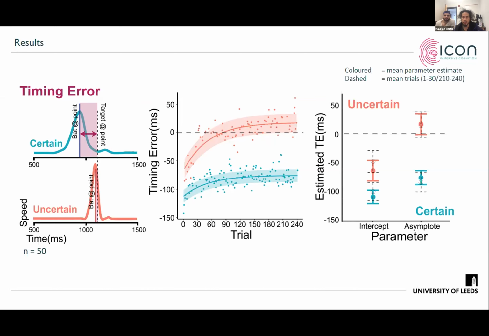Jonathan Say writes, very cool data. Can the slowing effect of uncertainty be predicted by the reward or vigor in the framework proposed by Ahmed and Shadmehr? The high cost of potentially being incinerated in the uncertain condition may discourage people from moving more vigorously. Yeah, no, it's a really good point. We haven't modeled this data